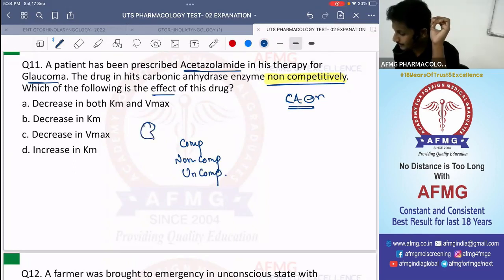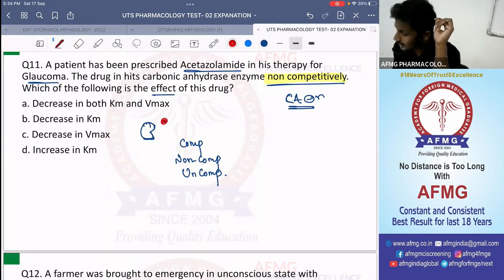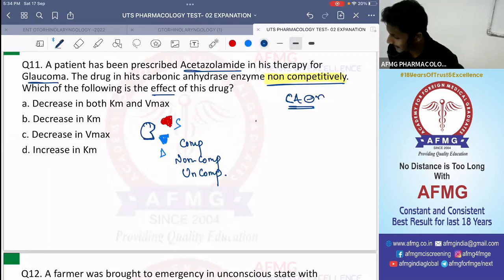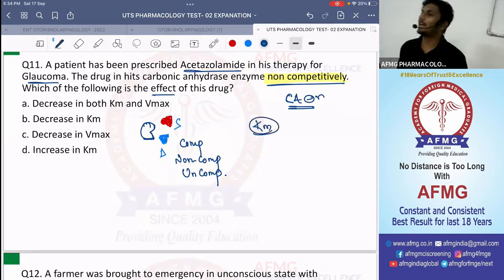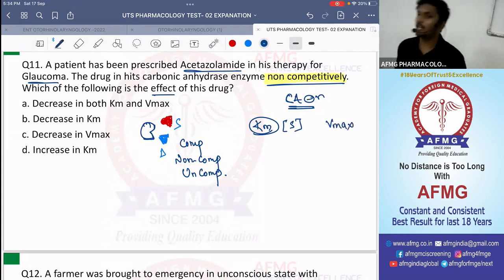This is your enzyme and this is the substrate. This is the substrate and this is the drug. The substrate and the drug, both of them are competing to bind at the same site. Both have to compete. And here we need to check for two factors. One is the Km, the Michaelis-Menten constant, related to substrate concentration. And the second one you need to remember is the Vmax, the maximum